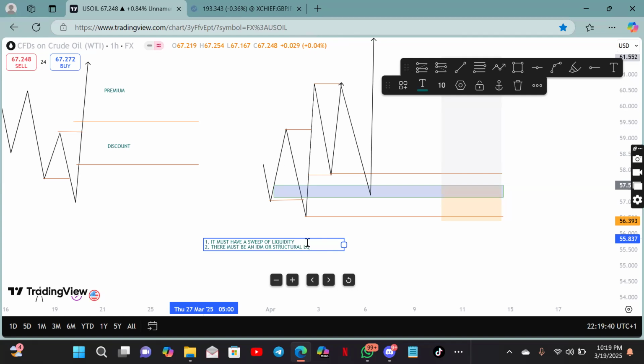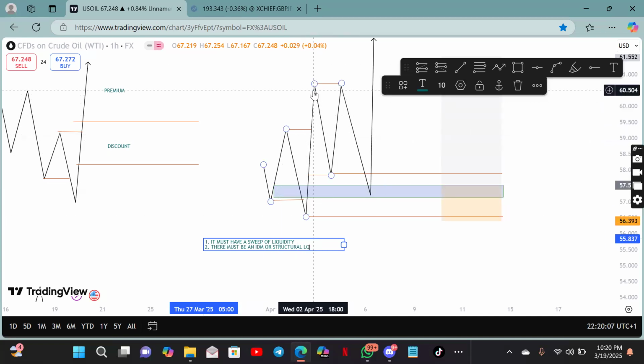And at least a break of structure. Yeah, definitely there will be a break of structure. Now, before you even see structural liquidity, it's the break of structure that will give you structural liquidity. Do you understand? There must be a break of structure. But a break of this, to this side, that will give you a change of character.